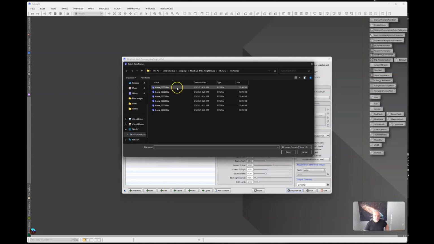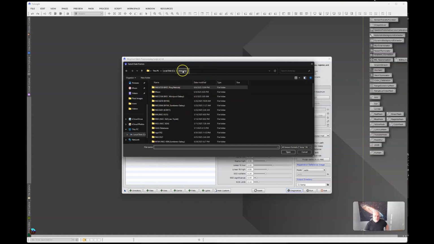If you click on darks, I have them where I keep them. So I keep all my stuff in C. That way it's easy to back up. I have iDrive that backs everything up for me. But then I just go to darks,